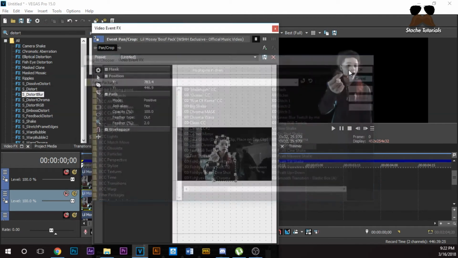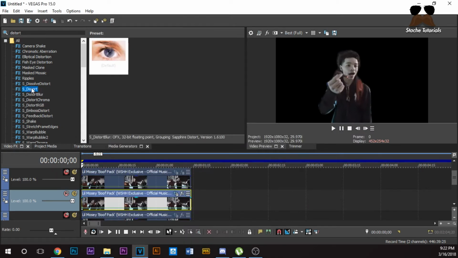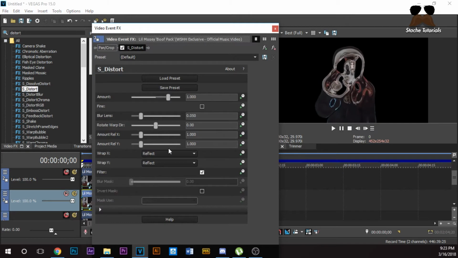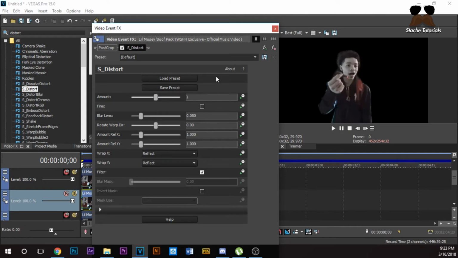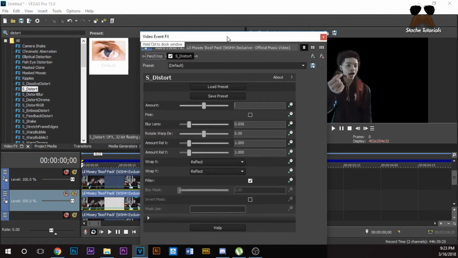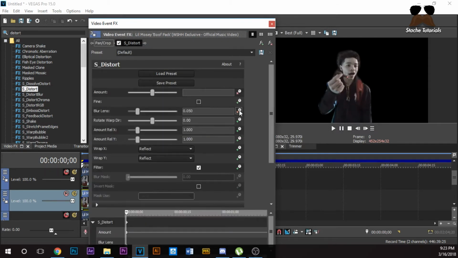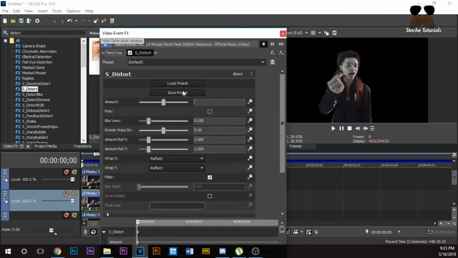So like I said, I'm gonna do S distort for this one just to show you the different ones you can use, but S distort blur would be more timid, but this one, if you're going for a crazy one, then I'm gonna use this one. Alright, so like I said again, you're gonna want to go to the beginning of the track, which my cursor is on right there. Sorry if I'm talking fast, but leave a comment. I want to click all these keyframes here to make keyframes, and then I want to mess with the settings till I get my best looking one.